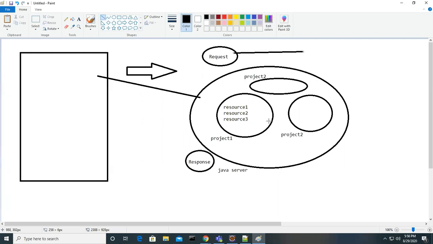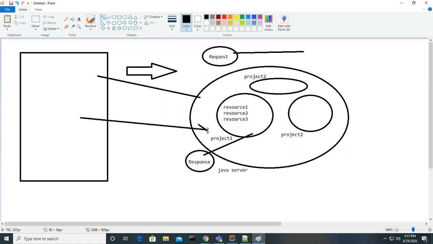If you want to send that output to a client, like a browser, you have to keep that data in the response object. Once you keep it in the response object and send it, the response comes back to the client.